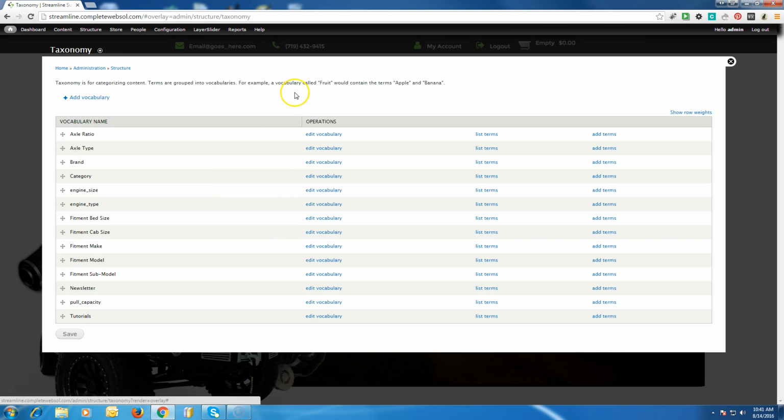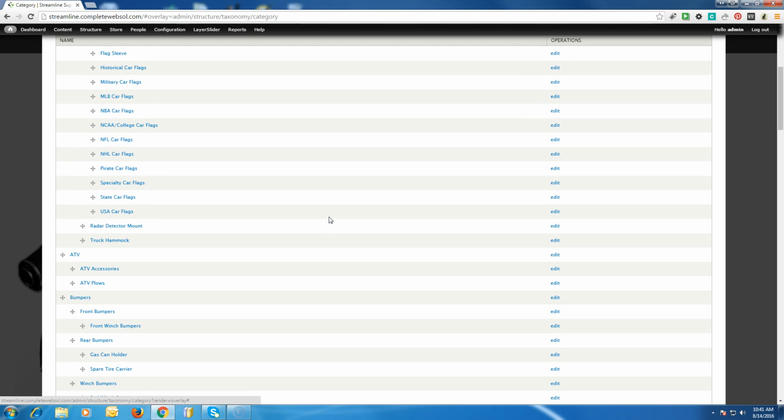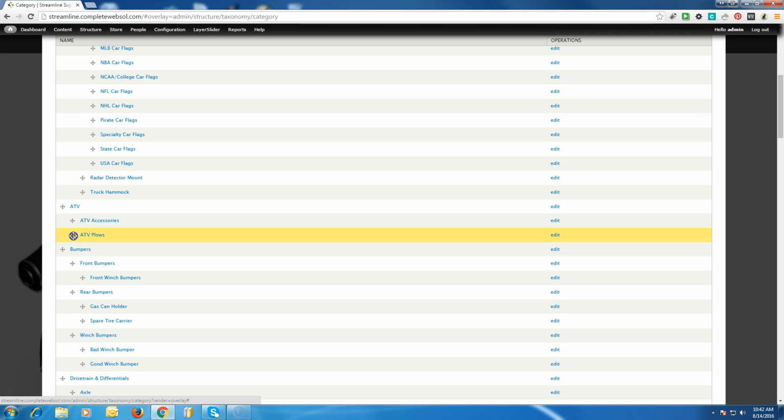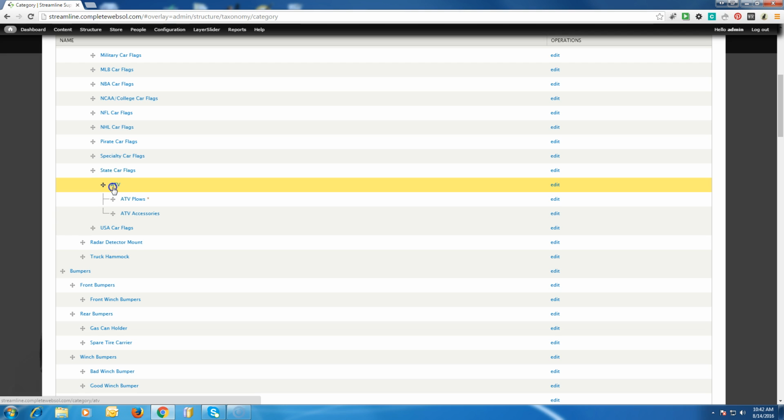If you're in Taxonomy and you're in category, for example, it's going to look like this. Everything's going to be blown out. And this is a little bit easier to work with if you're adjusting parent and children, right? So ATV, and under ATV are the secondary taxonomy terms, category terms. If you wanted to move these up, or if you wanted to put ATV under, you can drag and drop